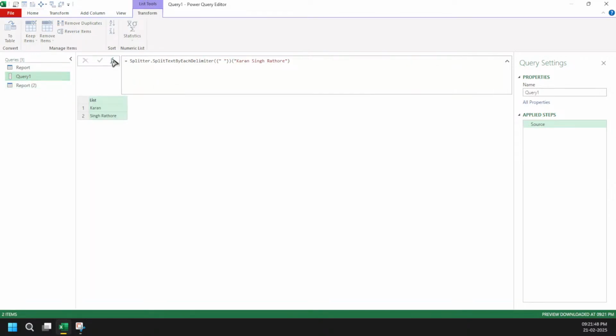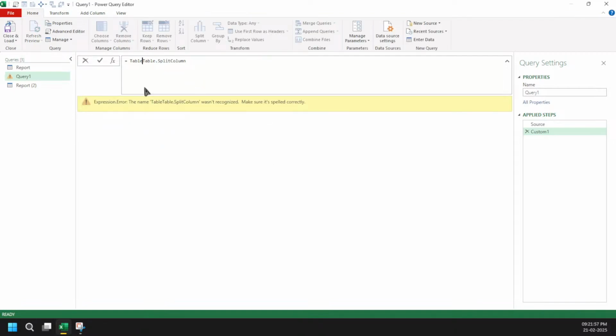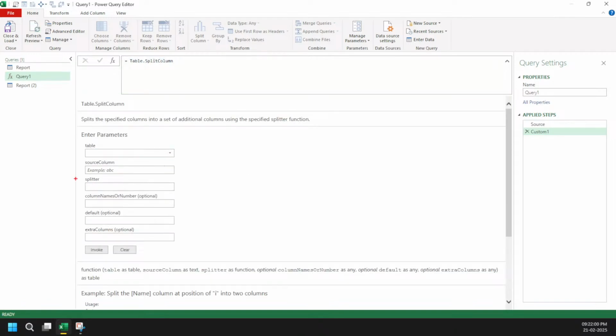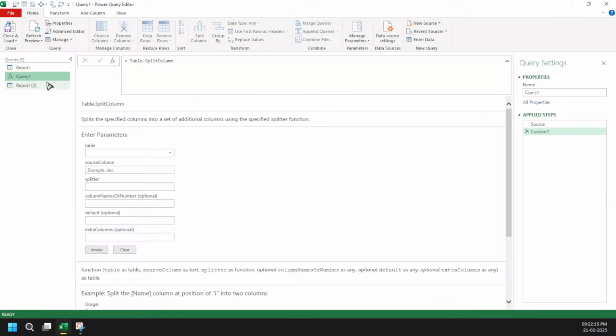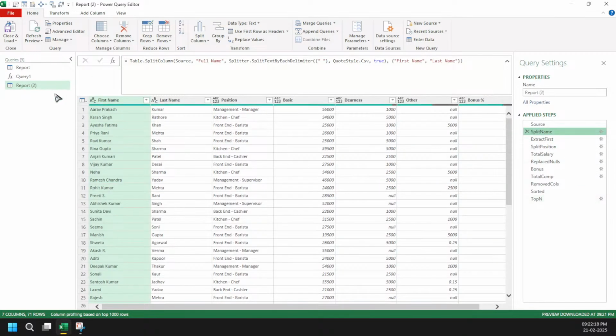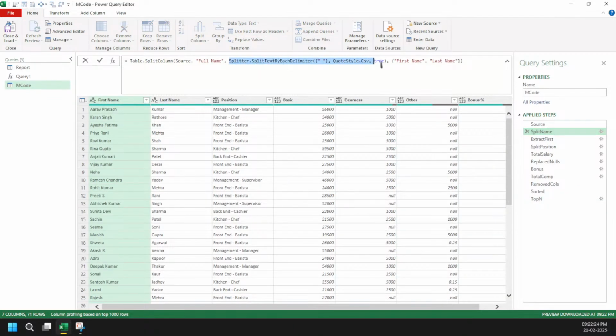Table.SplitColumn asking to me. Table.SplitColumn. Now you can see here, I want a splitter function in the third argument. Got it? So splitter will be something kind of a function. So what I need to do here is I need to provide a function here. Got it? So what I'm going to do now, I will say this is my M code. So what I'm going to do now, I am going to use a simple function that will be providing me a list.